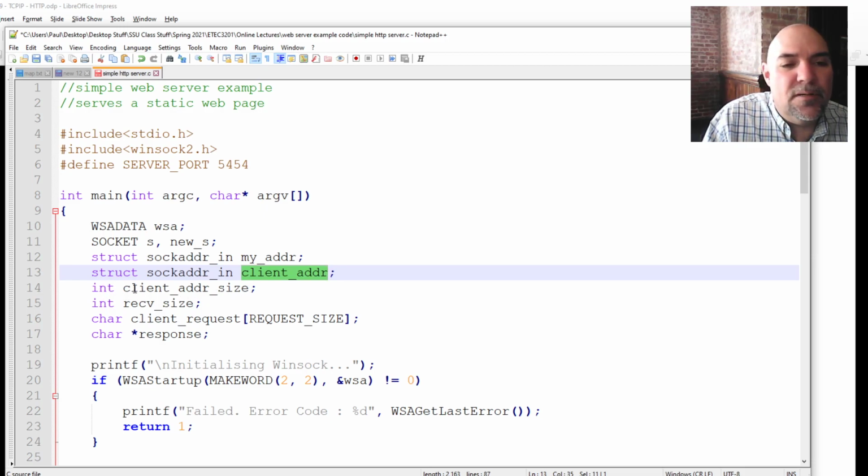The client address size is a variable that's used to fill in the size of this. That's part of how connect actually works. The receive size is going to be how much data we're going to receive from the client. And then this client request with this request size thing here, that is, and